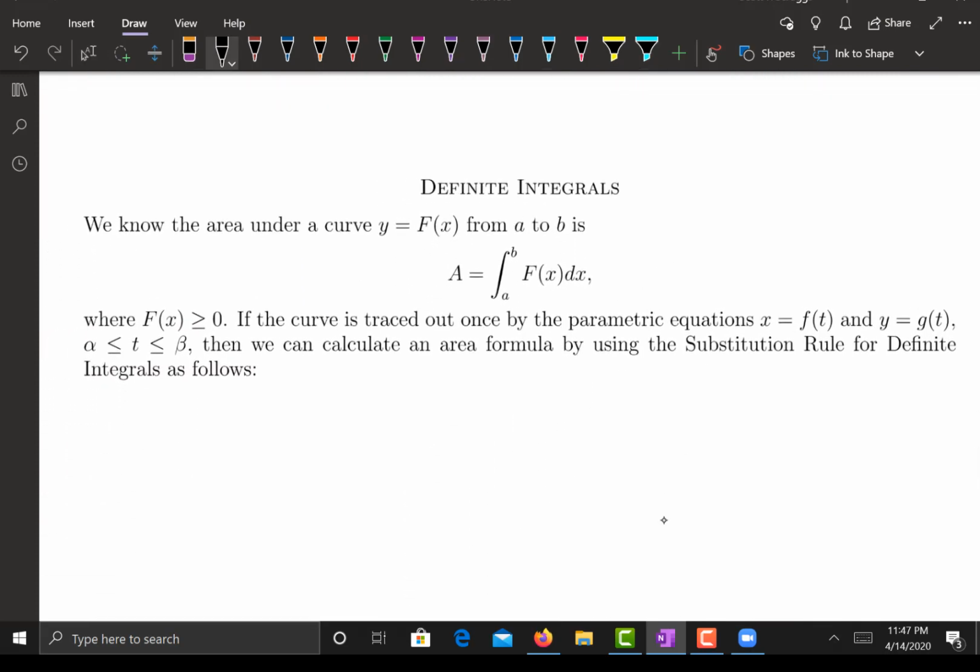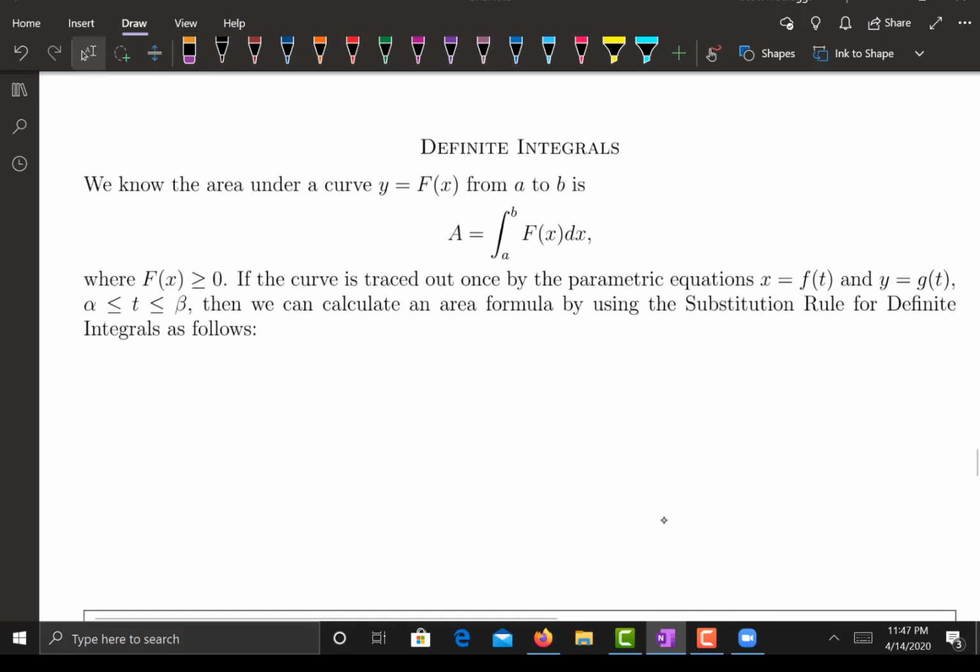But derivatives aren't all of calculus. We also talked about integrals. And so let's talk about how we do a definite integral in terms of a parametric equation. Here's our idea. If I can express y equals a function capital F of x, then we learned way back in the day that the definite integral is just the area underneath the curve from a to b. And so I say I can rewrite this formula